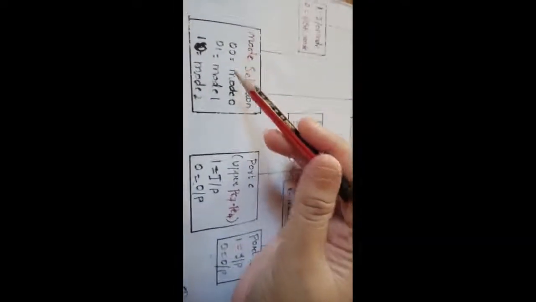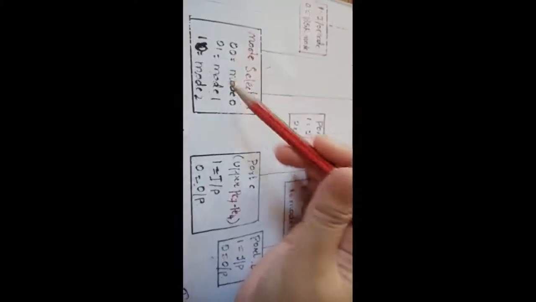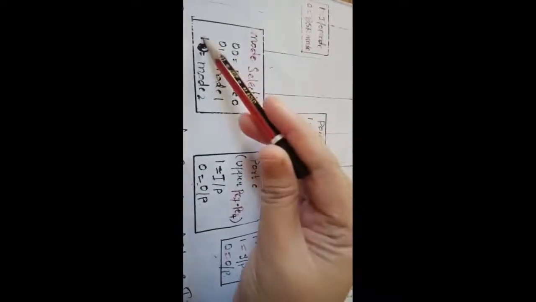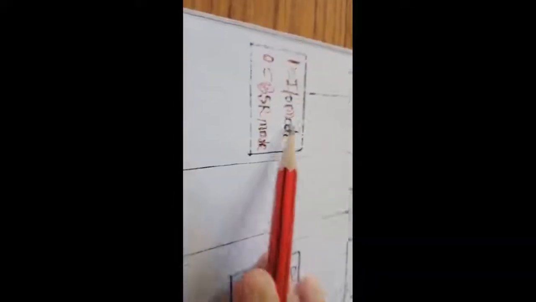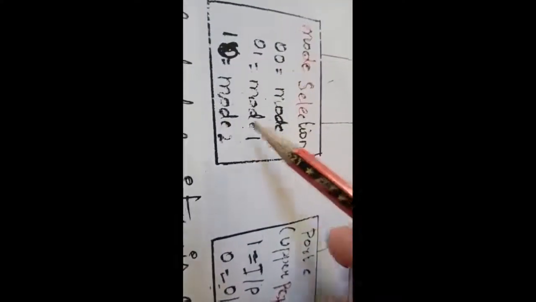Then we went for the second, D6 and D7 bits of the control register. Here, if you are in IO mode, you can use 3 modes: 0 0 is mode 0, 0 1 is mode 1, 1 0 is mode 2. You can make them work in IO operation. If you are making it work in IO operation, this D7 bit of the control register should be 1. 1 means you can make them work in which mode? How many modes? Already I have explained 3 modes: mode 0, mode 1, mode 2.